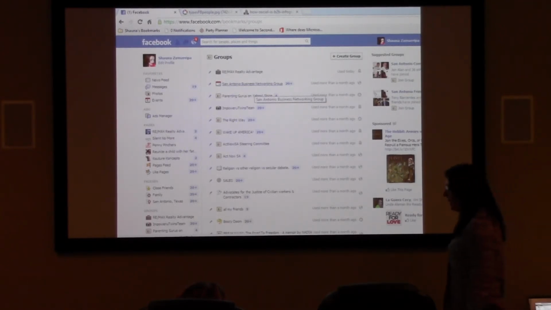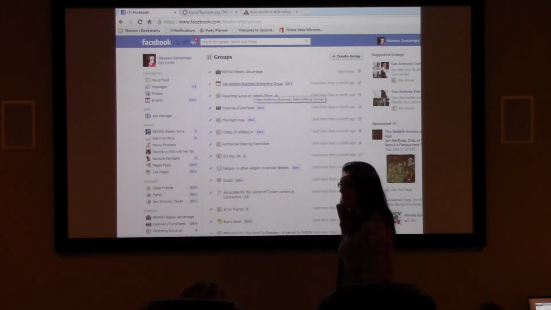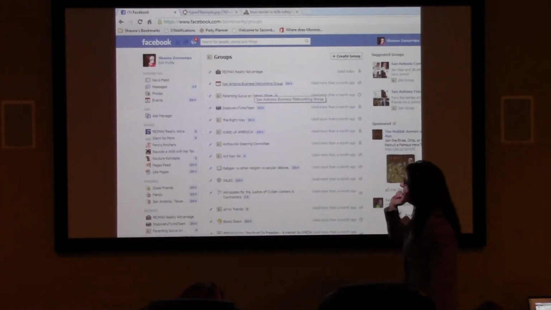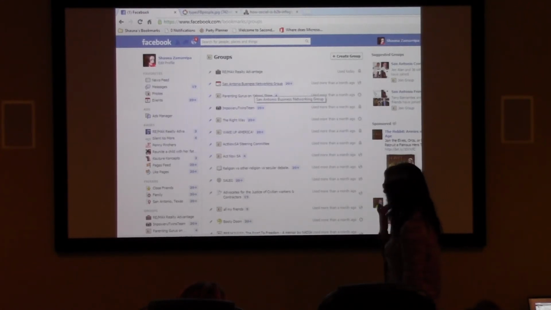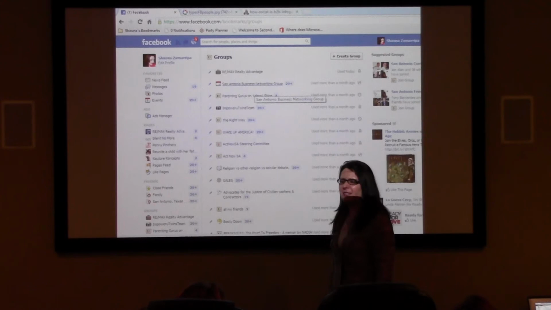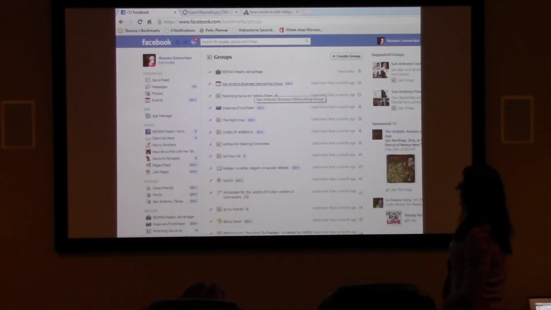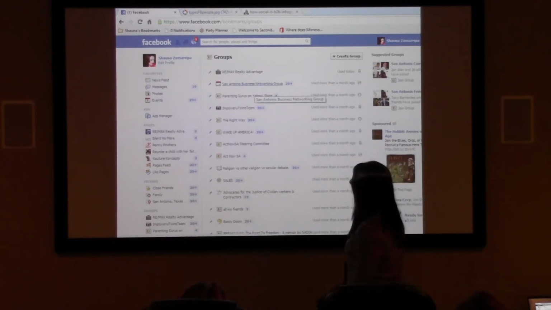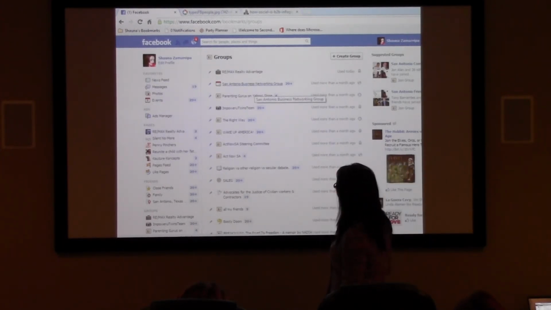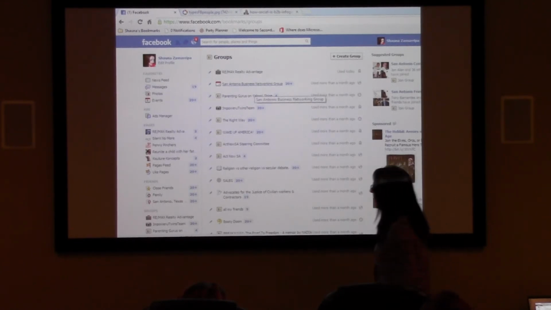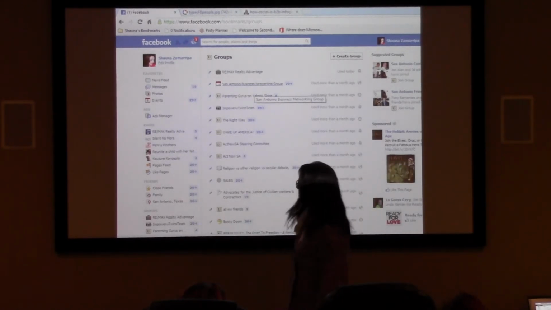Groups. I'm going to tell you what I don't like about groups. People can randomly add you to groups without your permission. So all of a sudden, I was checking my groups about a week ago, and somebody added me to Booty Doom. I did not do that. But it did kind of make me laugh because I was putting this class together, and I was like, you know what, just for levity's sake, I'm leaving it.